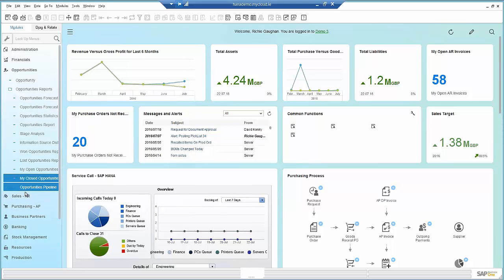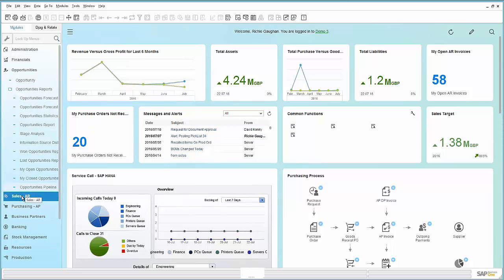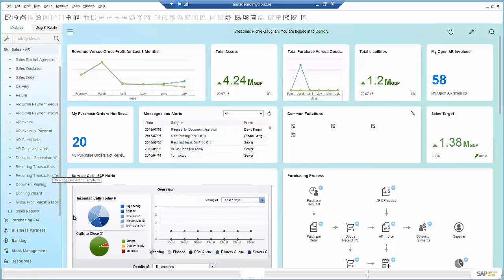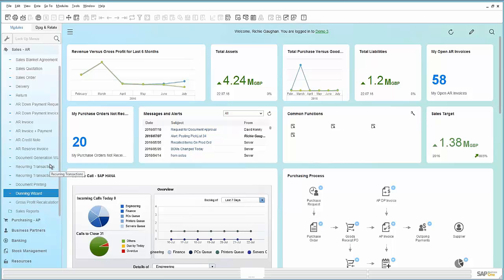Next module that we'll have in Business One, really the part that we tap in as an opportunity develops, is we now get to the stage where we want to go and sell something and fulfill a sales agreement. So we have a number of options here. We have a full